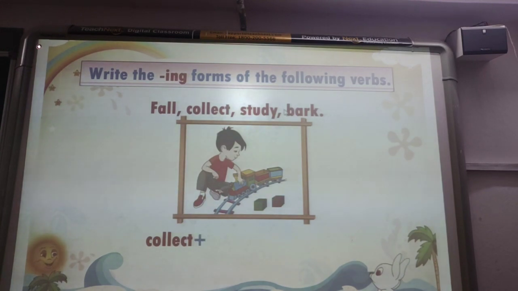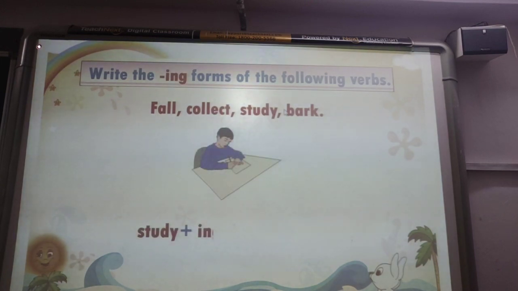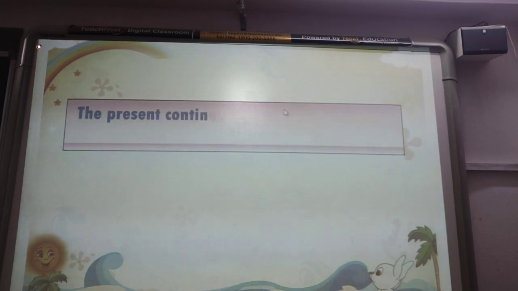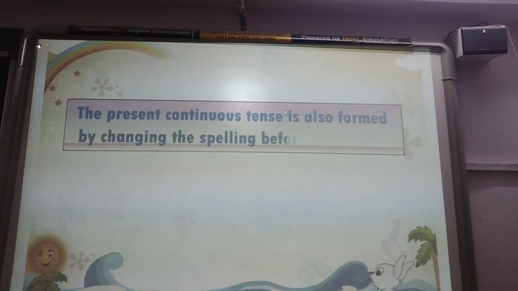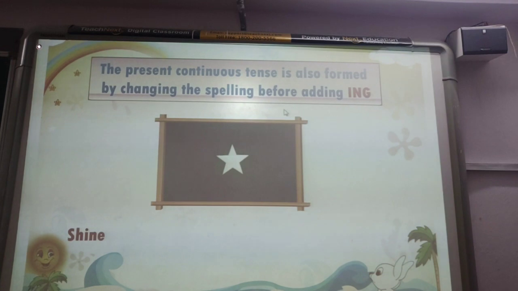Collect plus ing is collecting. Study plus ing is studying. Bark plus ing is barking. The present continuous tense is also formed by changing the spelling before adding ing. For example, shine plus ing is